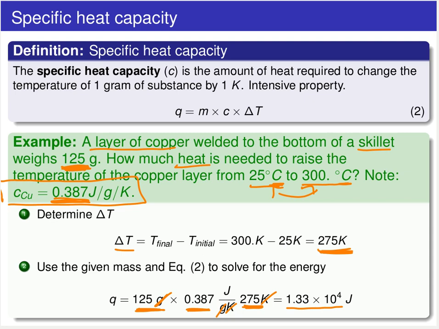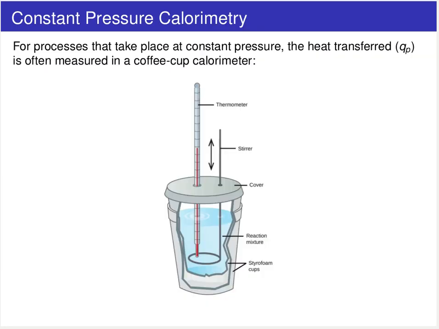Okay, so now that we see how to work with these concepts of heat capacity and specific heat, we're ready to start answering the key question of this section, which is, how can we take these thermodynamic measurements in a laboratory setting? All right, so the first technique we're going to talk about is so-called constant pressure calorimetry, right? So for processes that take place at constant pressure, the heat transferred, which is denoted Q, and we're going to put a little subscript P to denote that we're under a constant pressure scenario,